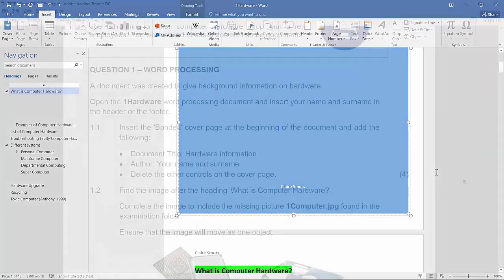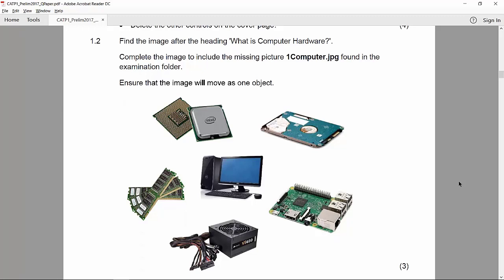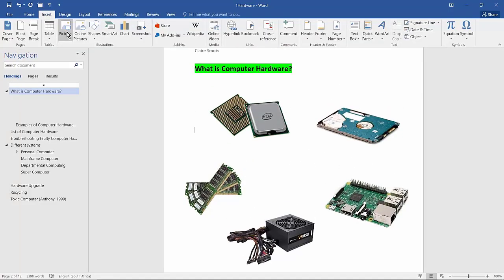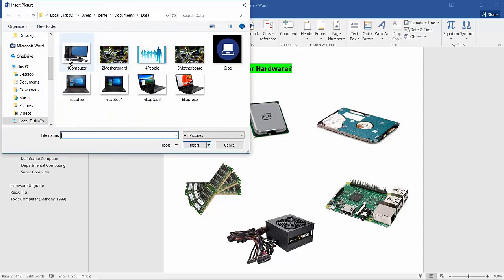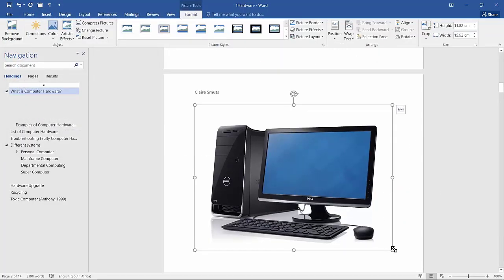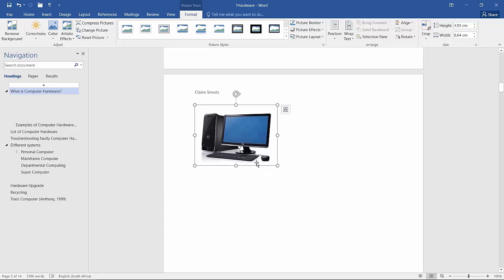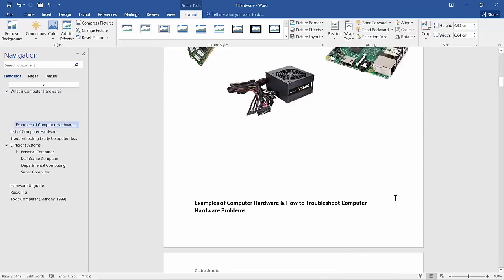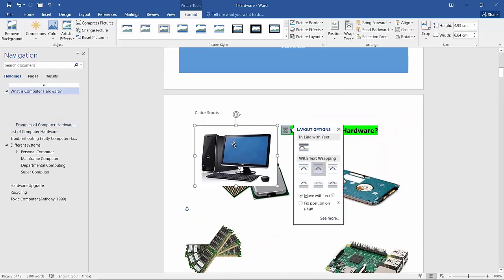That's the easiest way. Now we need to find the image after the heading what is computer hardware, this image, and we need to add the central computer. I'm going to go to Insert tab, Pictures, and choose one computer. Just make it smaller first, and then I'm going to change the wrapping to tight. Now I can move it around,